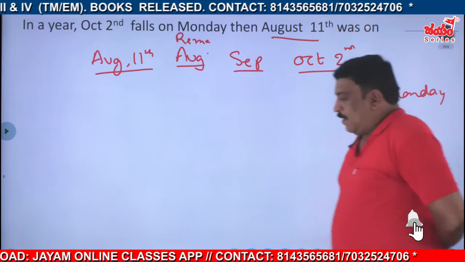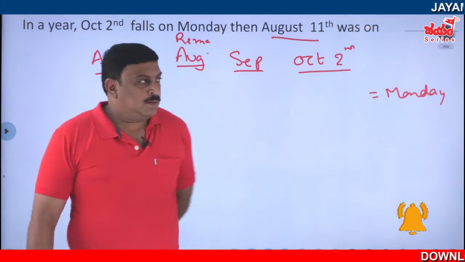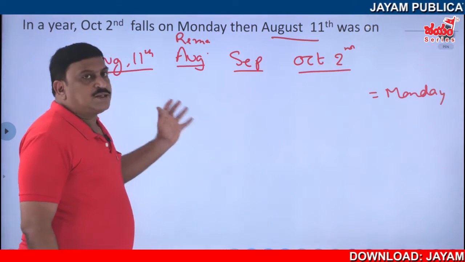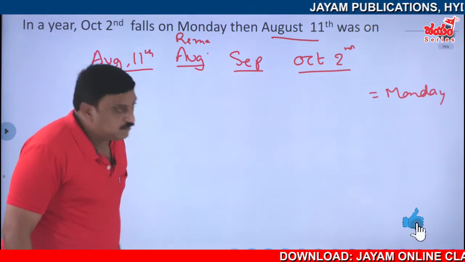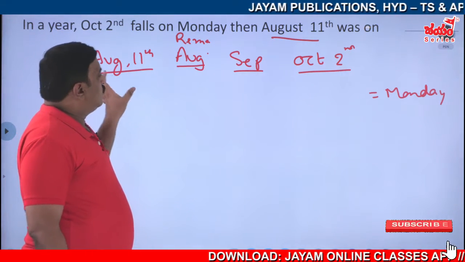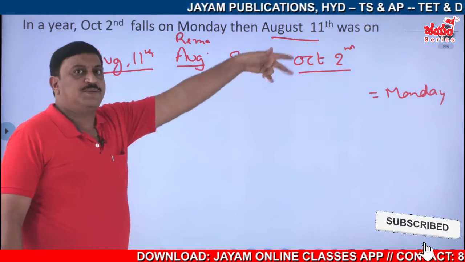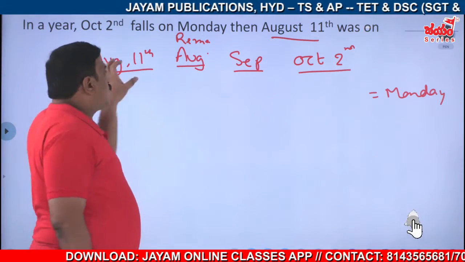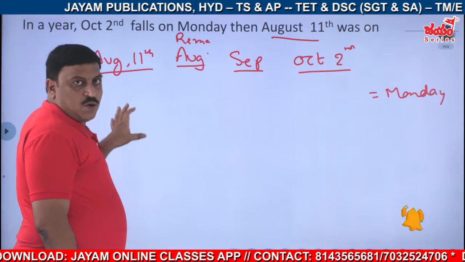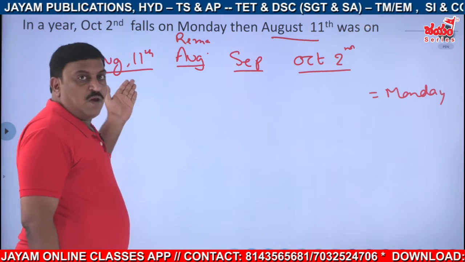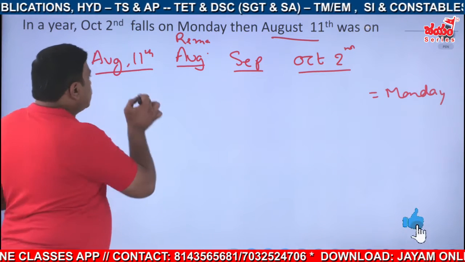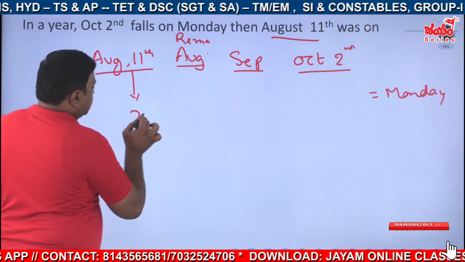Okay. So I'm not writing there. It is nothing but code plus odd days must be Monday. The entire code, this code plus odd days must be Monday. So what is the code? We don't know. Here code means on which day this 11th comes, we don't know. For that reason, we put that one as X.